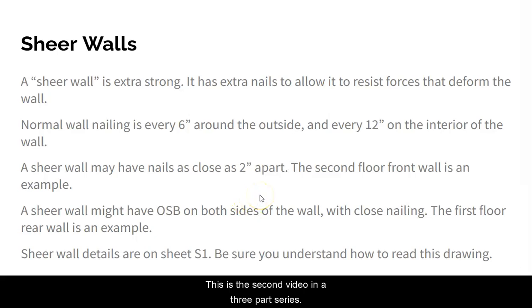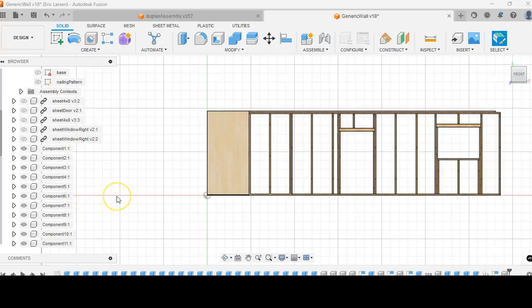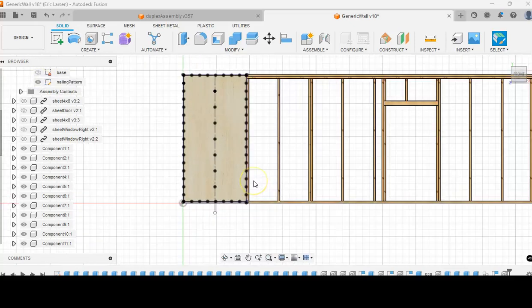And when we left off, we were talking about shear walls and the standard normal wall nailing pattern. So I wanted to jump back to my generic wall and show you an example of what that standard nailing pattern actually looks like in more detail. So here's the generic wall, and I've turned off the visibility on all of the pieces of sheathing except for the first one. And if we turn on this drawing which I've made here, which shows the nailing pattern, and